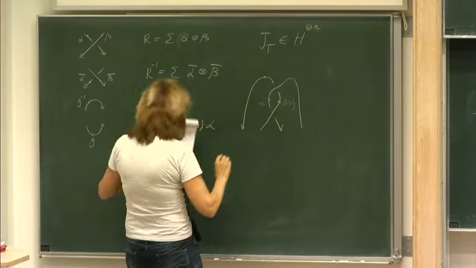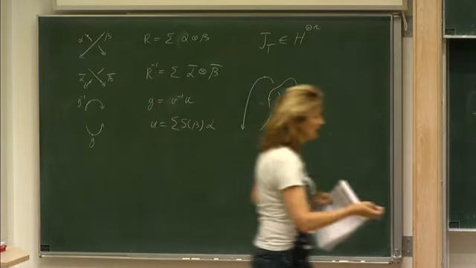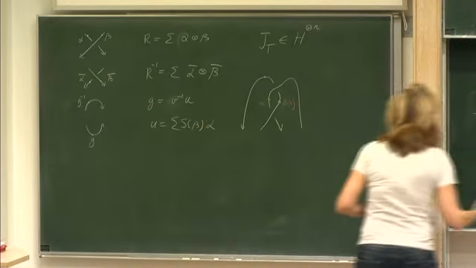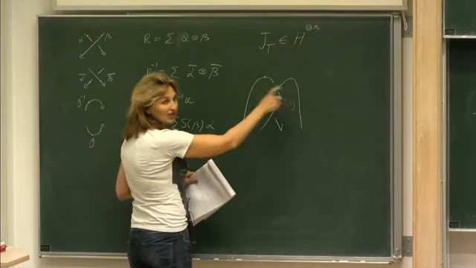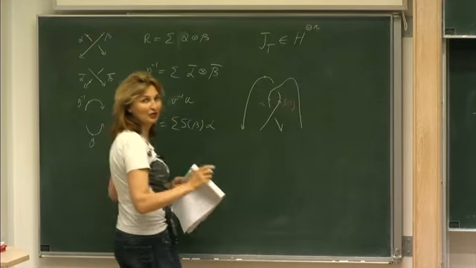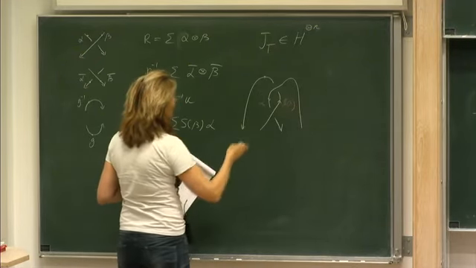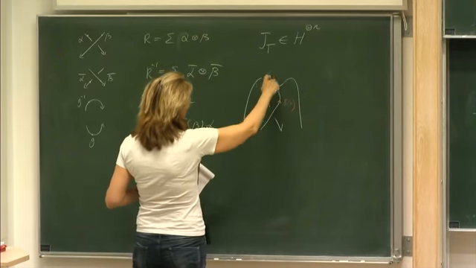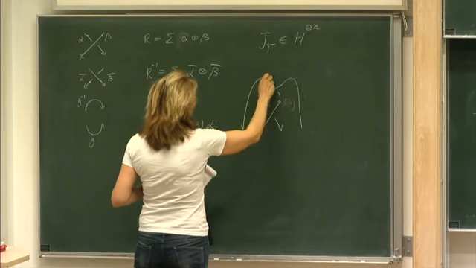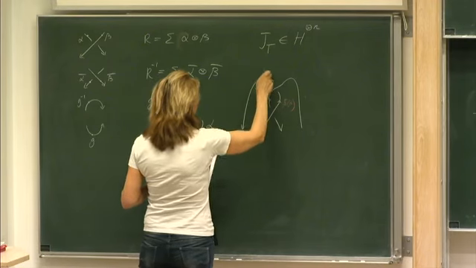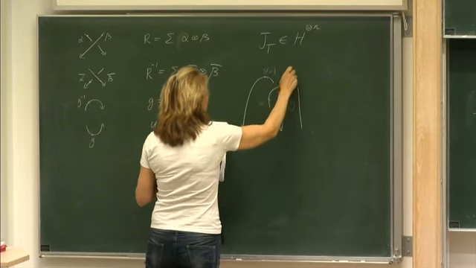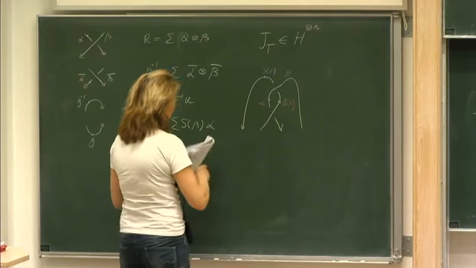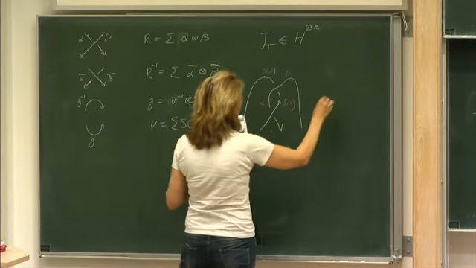Okay, and then I put them in different colors because there is a summation index between these two, and there is a summation index between the other two. I don't want any indices, I just put colors. Okay, and then the other ones. This one is reversed. So this is S of alpha, and this is beta. And now, if I call this tangle C,